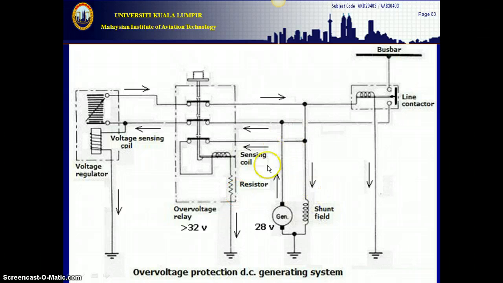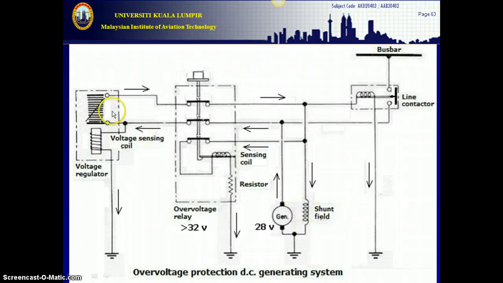You can see the output of the generator will go to this contact, as it is normally closed, supplying the carbon pile of the voltage regulator, the relay, and also the